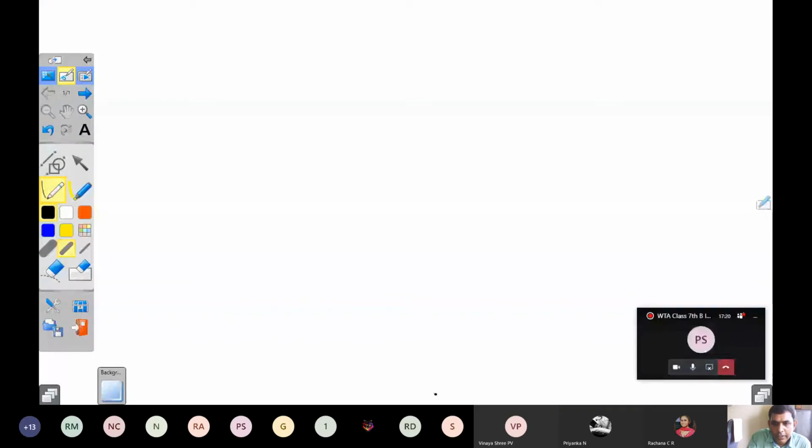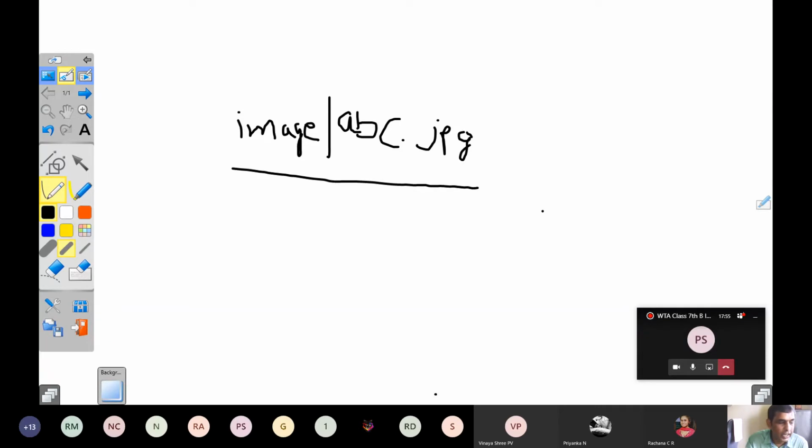Anyway, the notation that is being used is something like this. I may have a folder image, and a reference may be something like image/abc.jpg. This actually is a relative addressing.